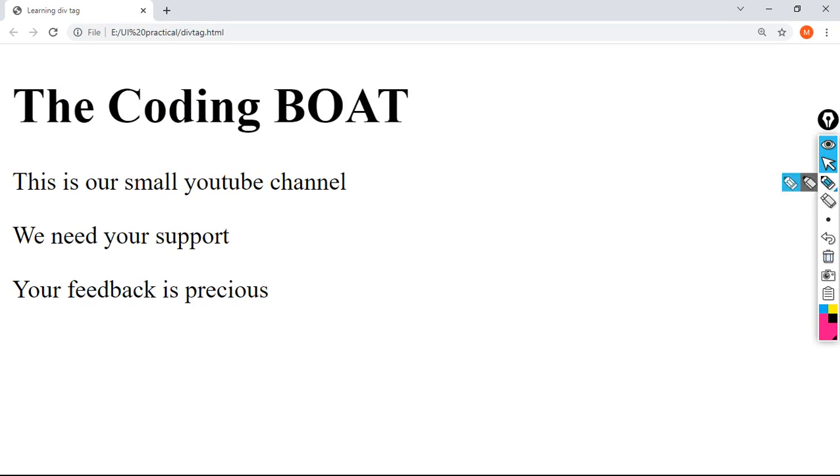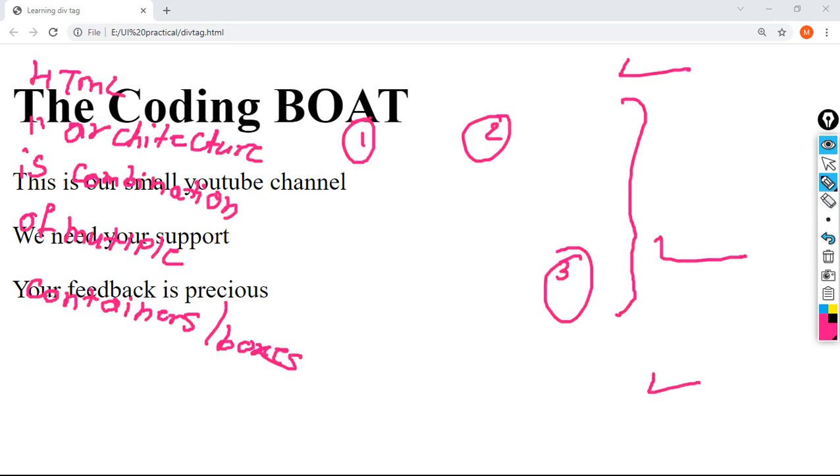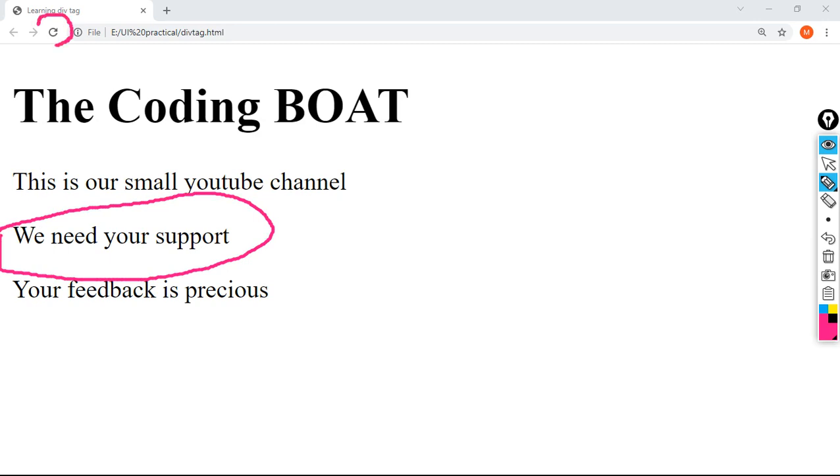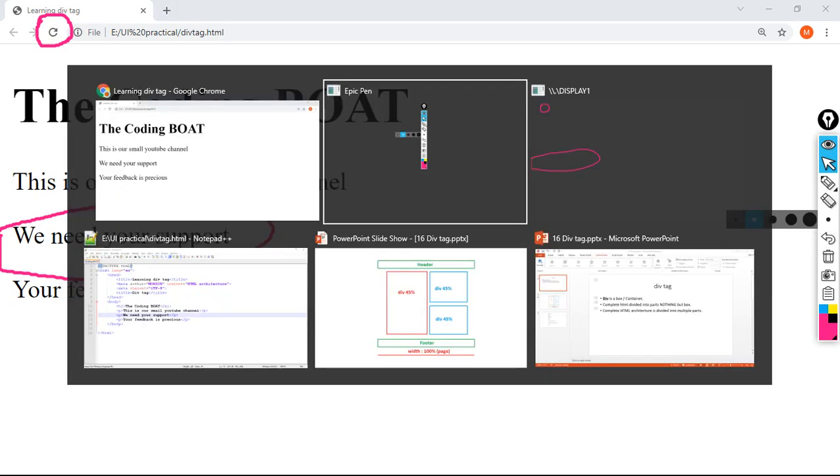Just focus on this part. What will happen? I am going to refresh the web page. See here what happened.